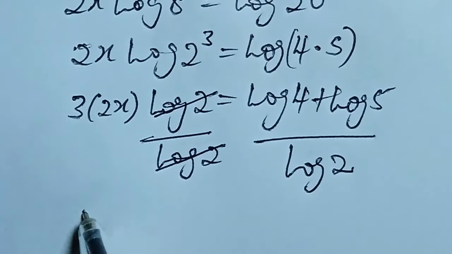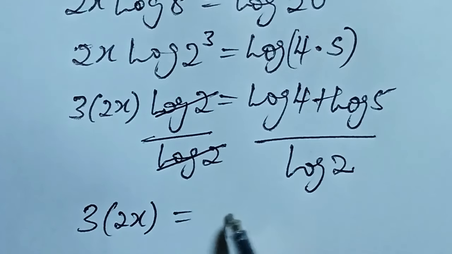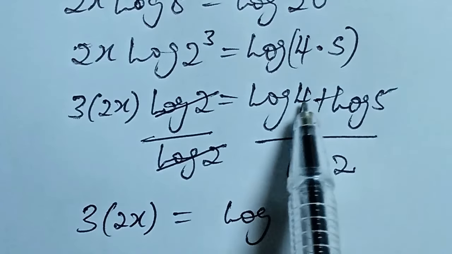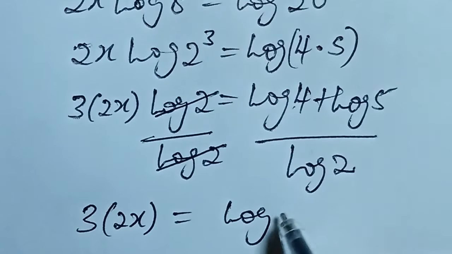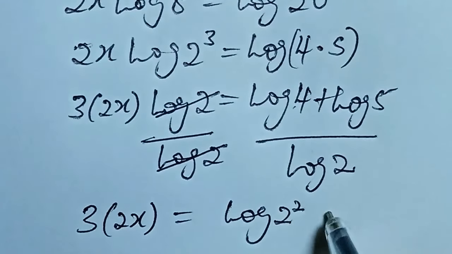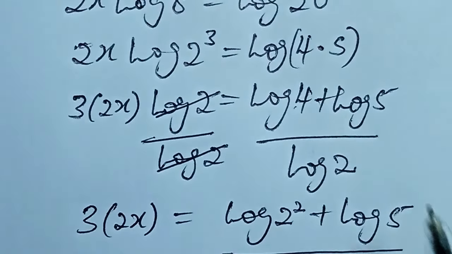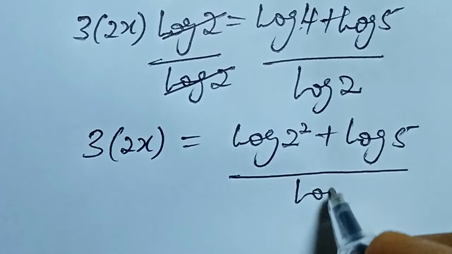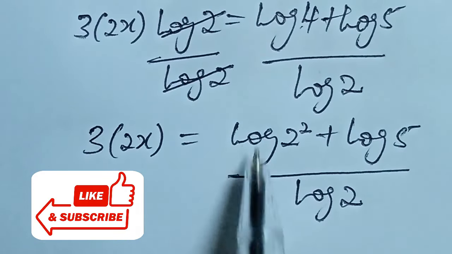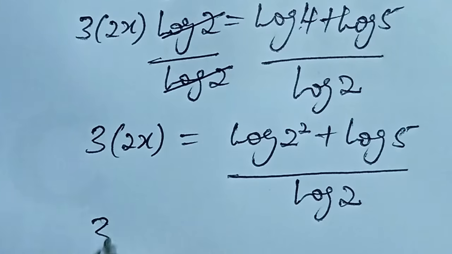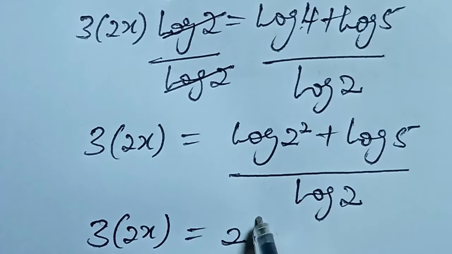Then we have 3 into bracket 2x equal to log 4, which can now be simplified as log of 2 to the power of 2, plus log 5, everything over log 2. Okay, bringing down this exponent to the base, our next step becomes 3 into bracket 2x equal to 2